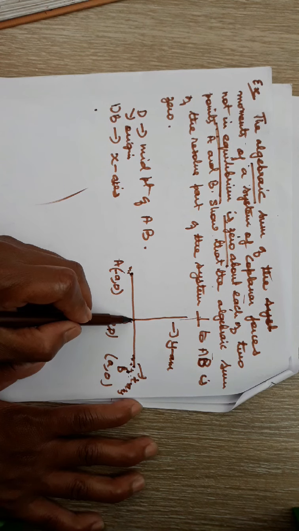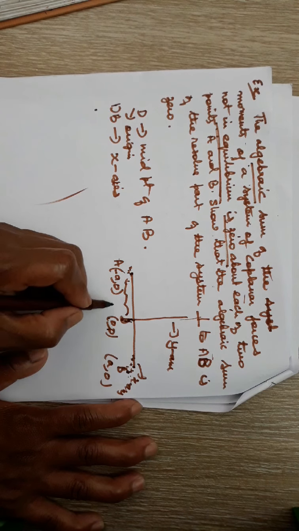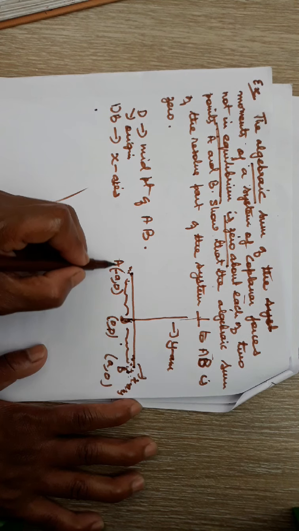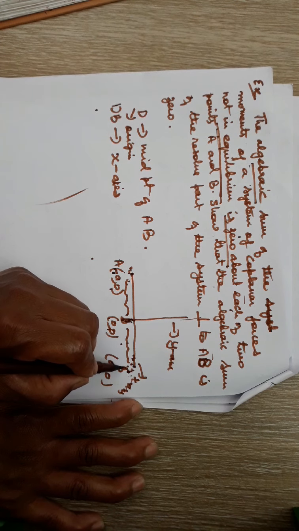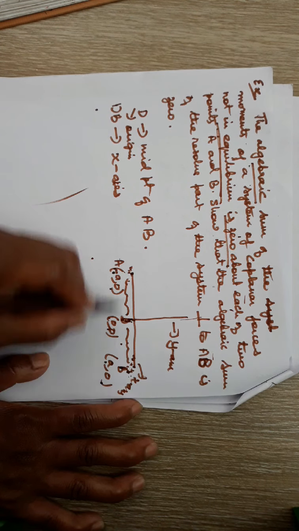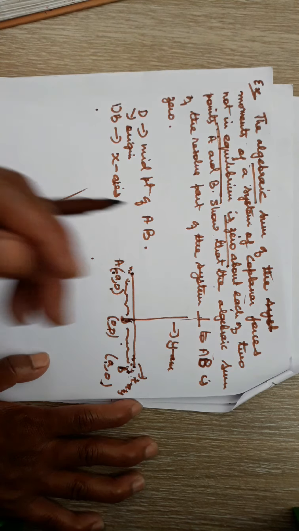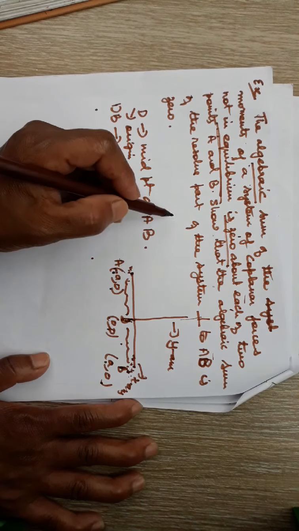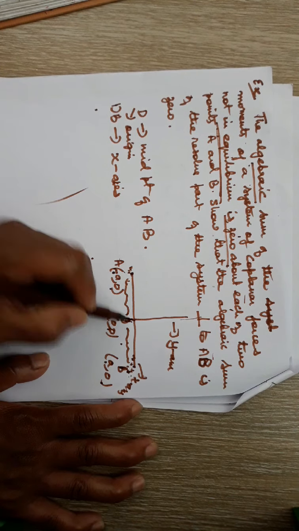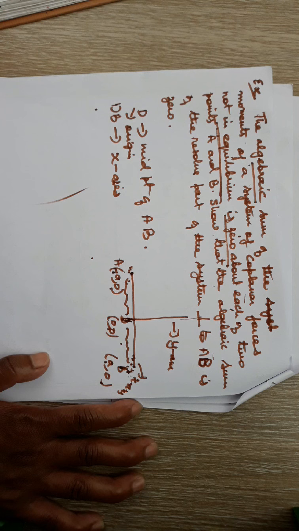Since D is the midpoint of AB, take the distance from D to A to be a and from D to B to be a. Therefore the coordinates of A will be (-a, 0), whereas the coordinates of B will be (a, 0), because they all lie along the x-axis. Now let this system of coplanar forces reduce to a couple G about point D and a force R which has components X